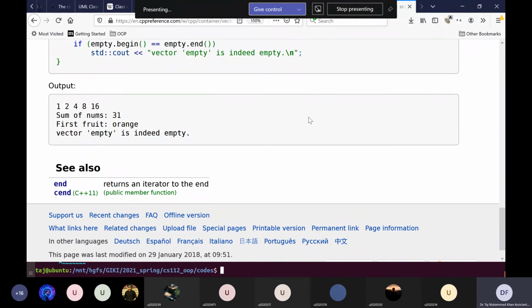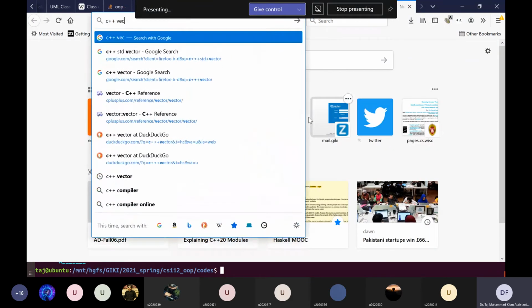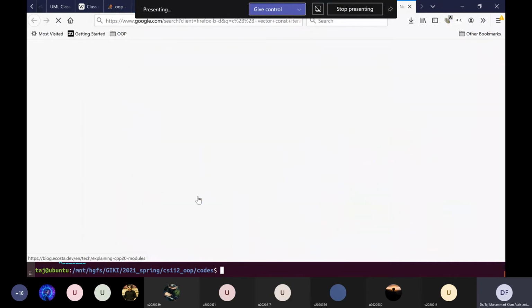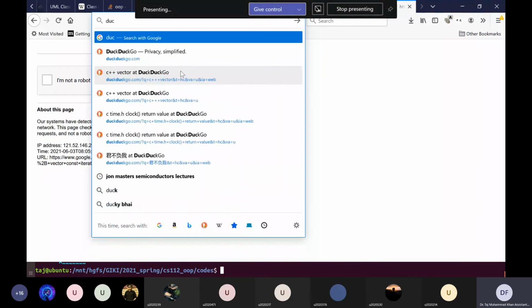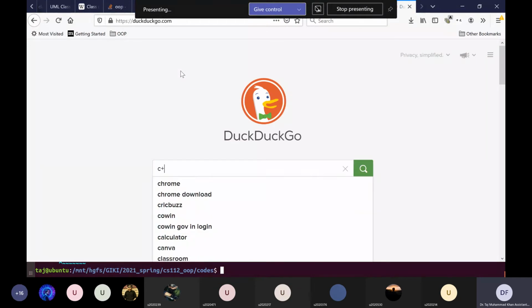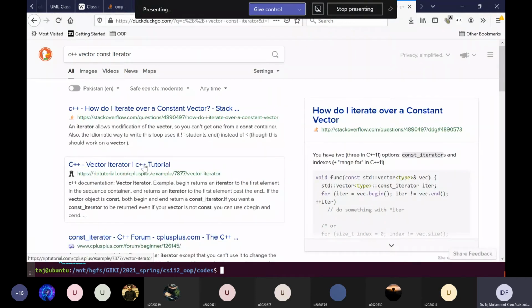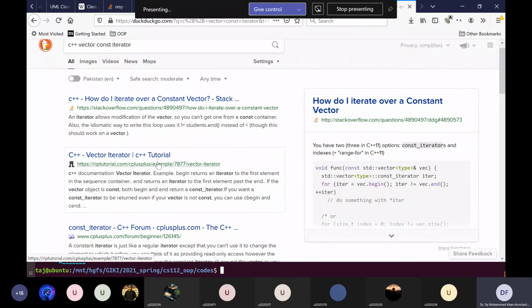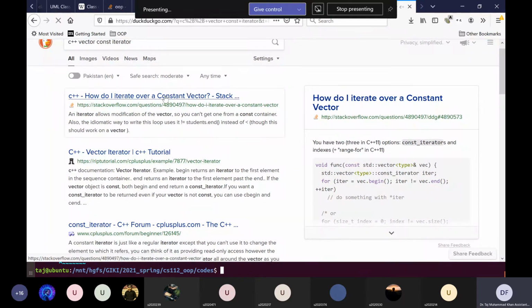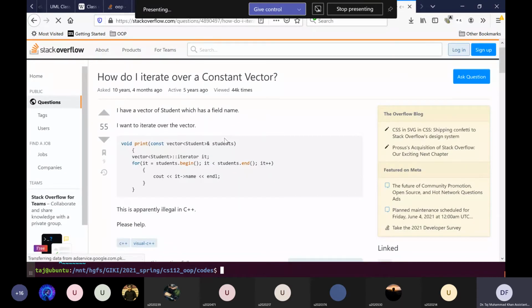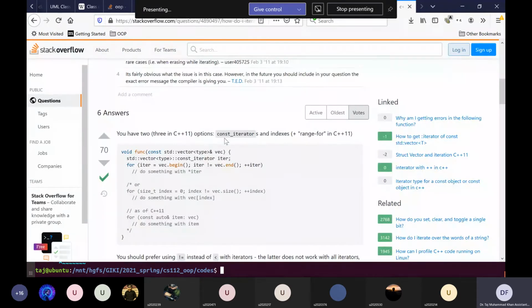Okay, so it's const_iterator, not iterator.